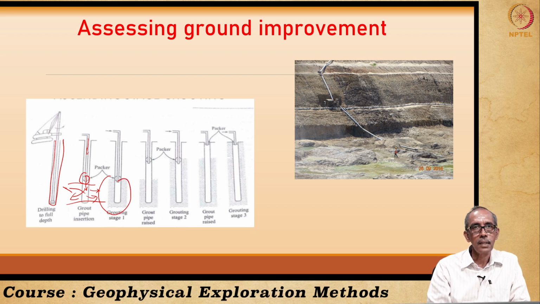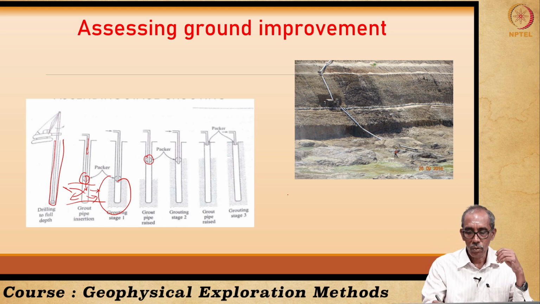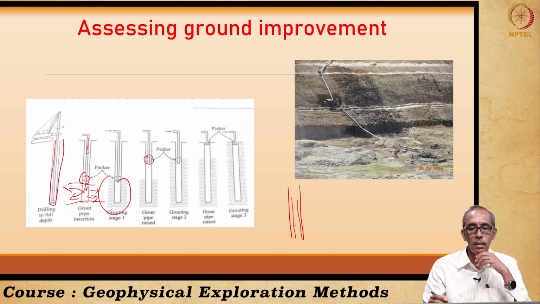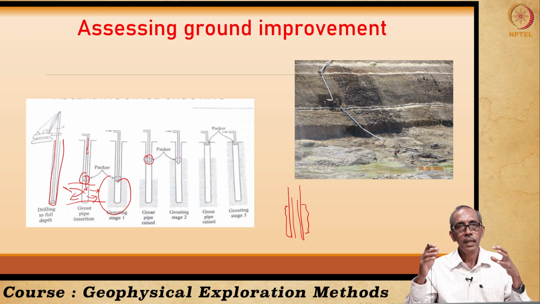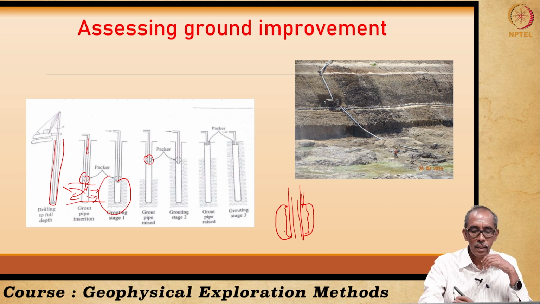After having grouted this region, we will allow the cement to settle down for some time. Then we lift the packer. These are known as packers, which are nothing but inflatable balloons. That means the drilling rod through which we inject the cement grout appears like this, which has got a kind of an inflatable packer. It is something like a balloon. This balloon will be inflated with a special gas, so that when the air is pumped in, it gets inflated like this. The idea is that this zone is completely packed.